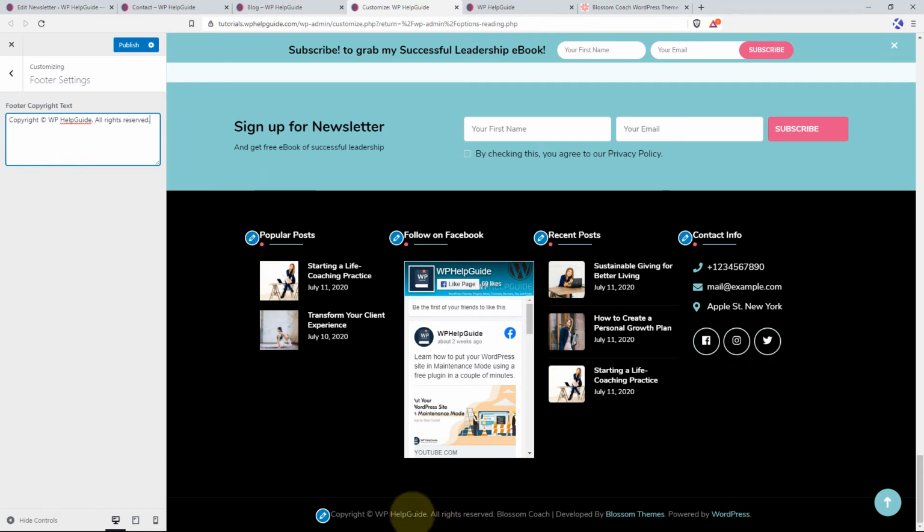In the free version, you can partially edit the footer copyright. You cannot remove the author link and the WordPress link. This option is only available in the Pro version. When we dive into the tutorial of the Pro version, I'll show you how you can easily disable the author link and the WordPress link. Once you add your footer copyright, you can click on Publish